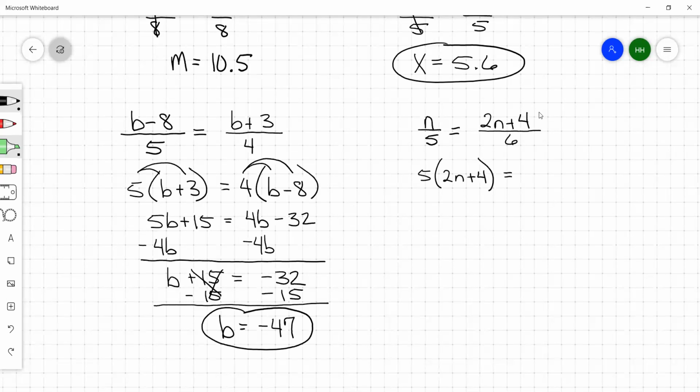And that's going to be equal to 6 times n. So your 5 times 2n, that's 10n. If that sign is plus, then this is plus. 5 times 4 is 20. And 6 times n is 6n. Now, this is like